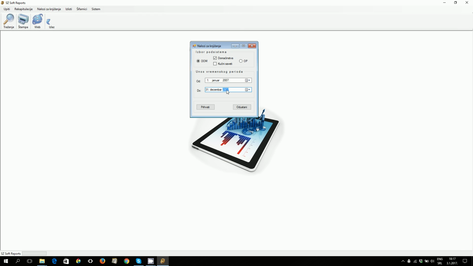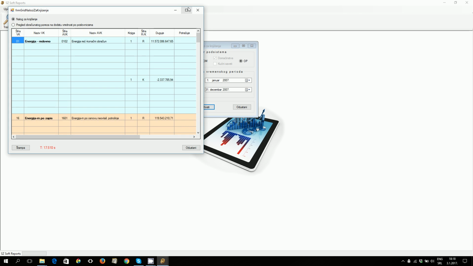For the category here, now we are going to choose other consumption. And with clicking the accept button, we enter the function or the report. Within a few seconds, we get the report we want,